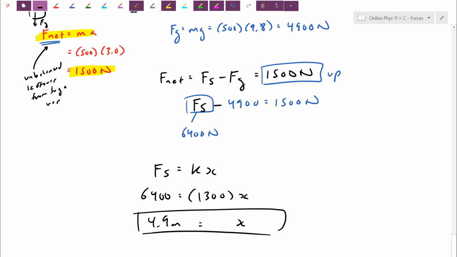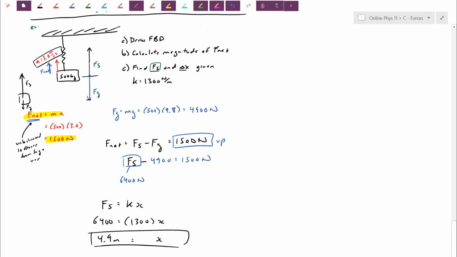Right. So again, let's just backtrack here. What have we just found? We saw from the free body diagram the tug of war this time is Fs against gravity. We saw that because this object here is known to accelerate upwards, the Fs actually has to be bigger than gravity. To calculate how much bigger it has to be, we calculate the net force. That's what Newton's second law gives you. F net is equal to ma. I have to have a win of 1500. If gravity I know is pulling you down 4,900, Fs winning by 1500 pulls 4,900 and 1500,